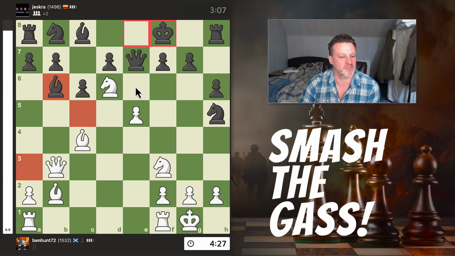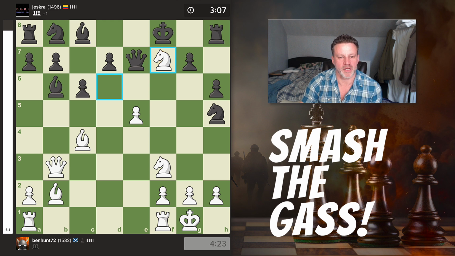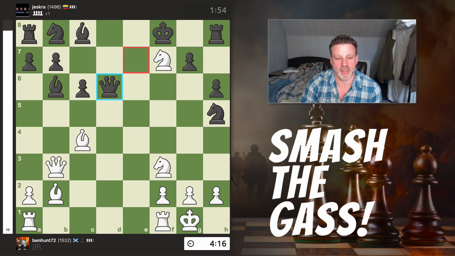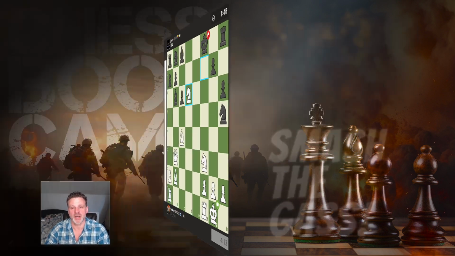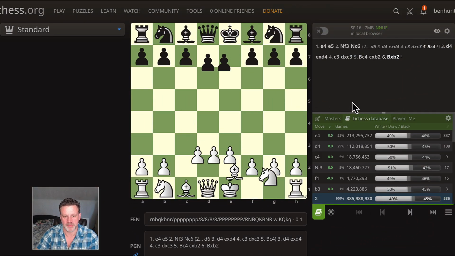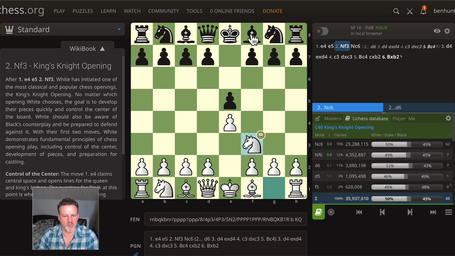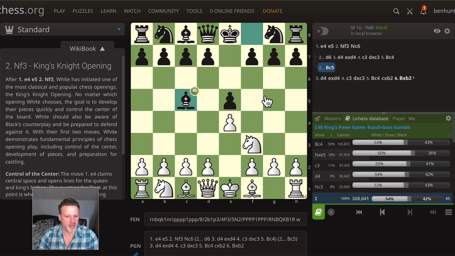saw he had this bishop and pawn pair. So I go straight in. He comes out. He takes d6 en passant. There you go. And now he blunders his queen and resigns. So, very, very interesting. So what I thought we could now do is go into the old Busch-Gass,